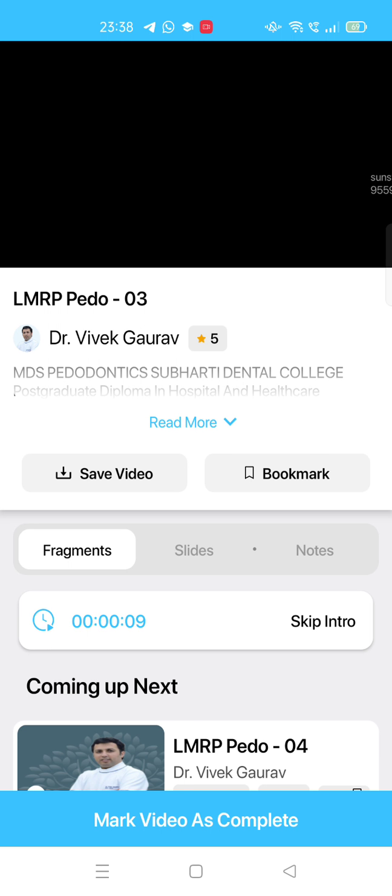So the condition was that the tooth was transported in a non-physiological medium for a duration of 20 to 60 minutes. So we transfer it back into the HBSS solution, then place it in the antibiotic solution followed by splinting. Then the fourth condition is that the tooth is kept for 20 to 60 minutes with extraoral dry storage time. That is, the tooth was kept neither in a physiological nor in a non-physiological medium. So we directly transfer the tooth into the HBSS solution, followed by placement into an antibiotic solution, and then we do a splinting. But if the duration exceeds 60 minutes, then generally there is a loss of viability of the periodontal ligament cells.